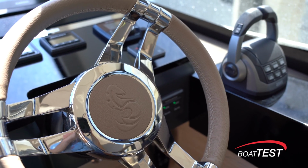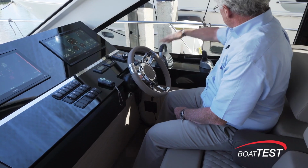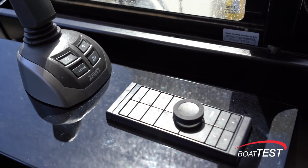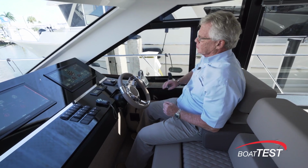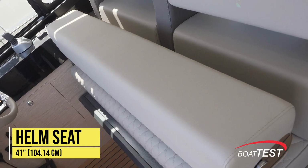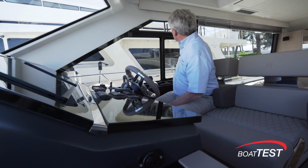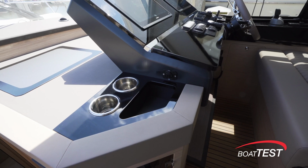The helm is mounted to a tilt base, and over to the right hand side, the digital throttle and shift, the IPS joystick, and then the remote control for the forward displays, and notice how it's positioned well back so we can operate two displays from the seated position. The helm seat is double wide, there's a flip armrest in the middle and a full length flip bolster. To both sides are opening side windows, and to the left of the helm there are two beverage holders,